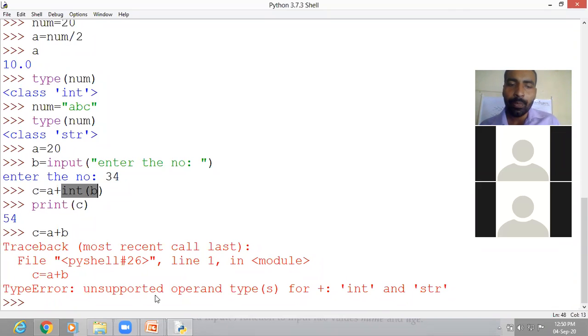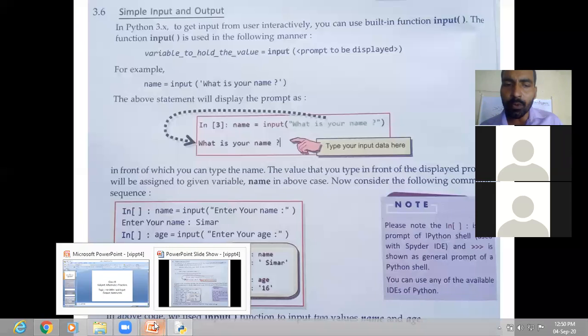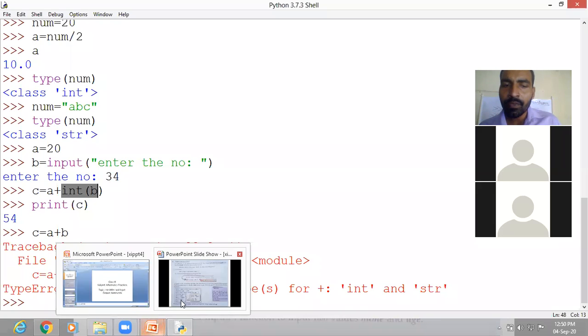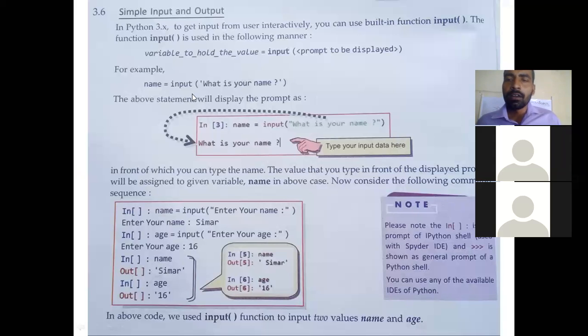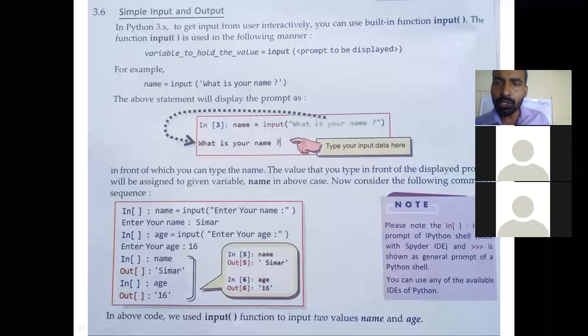Okay, I hope you all have understood input and output statement. Here you can see the input statement is used to enter the value, either the string values or the numeric values. And there are different methods to use the input function, input statement. As given here, we can write a variable name equal to input, then in the parentheses we can enter the message, and afterwards it will ask for the input during the execution.